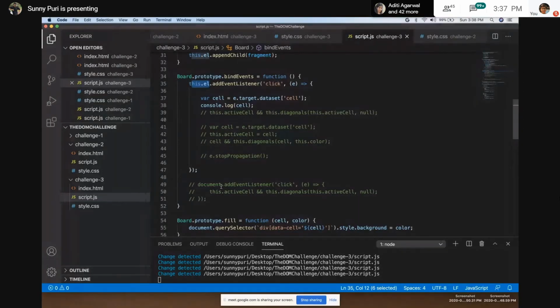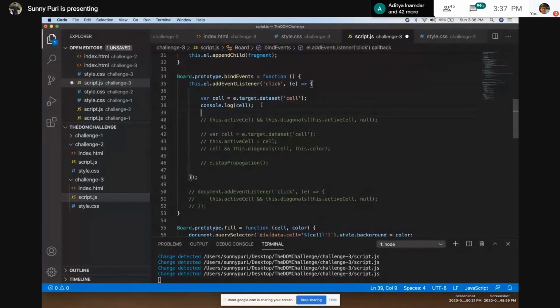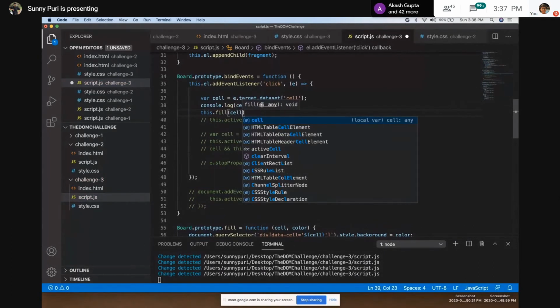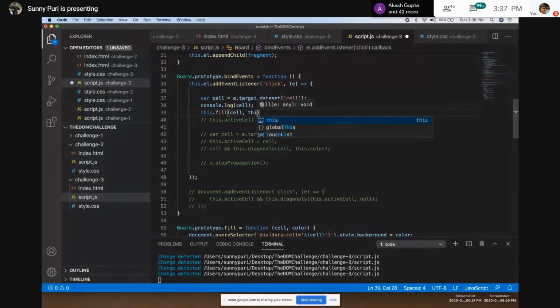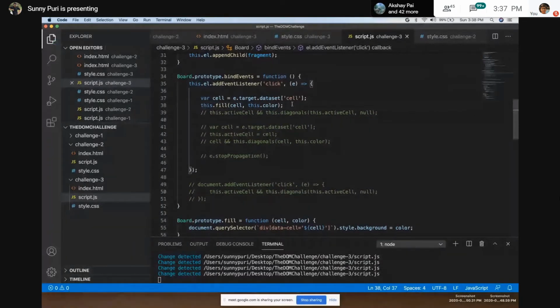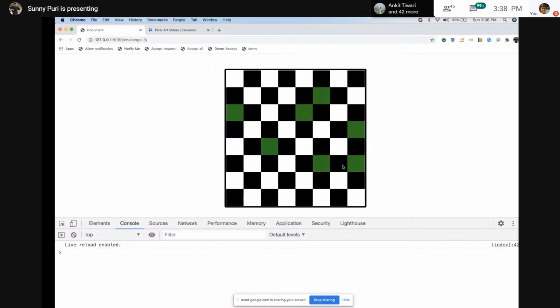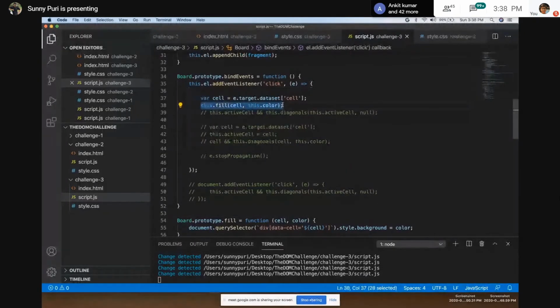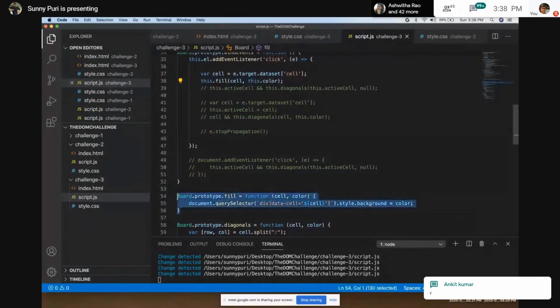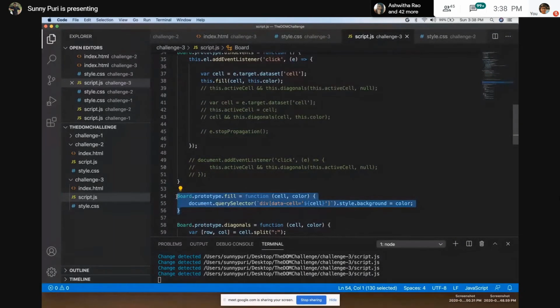The next part is we have to color it. How to color it? The coloring part is very easy. I have created a separate function and I just pass whatever color is there. If you see the code, wherever I am clicking, just color it. This line of code, I have created a separate utility, a separate small baby function. Usually we say baby function in the technical term. This is a small function irrelevant of the logic.